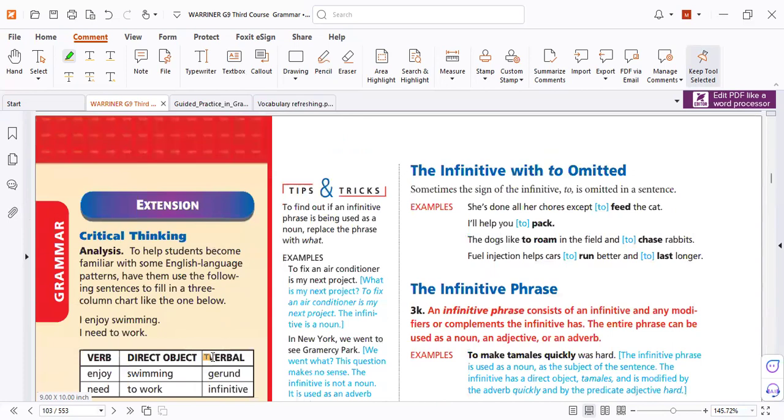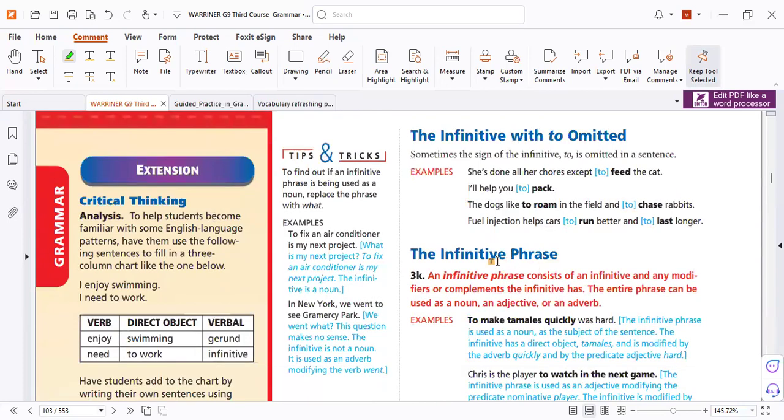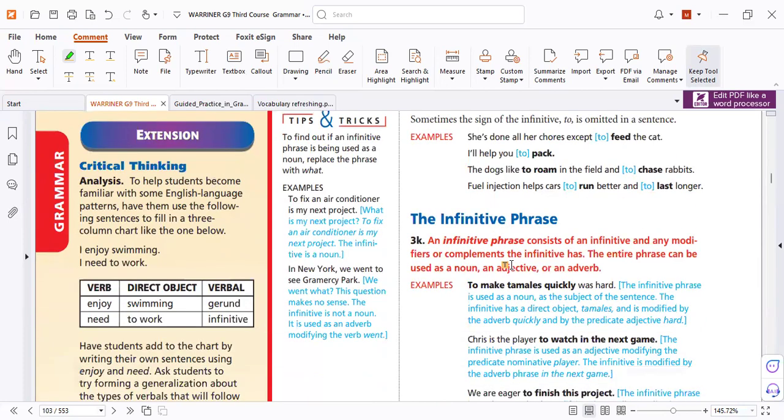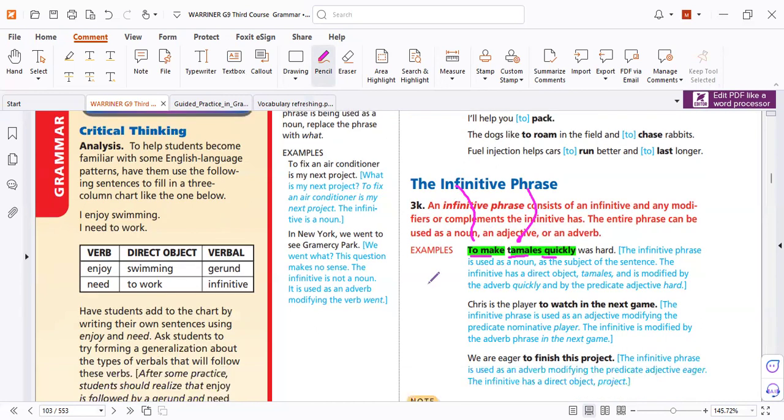How about the infinitive phrase? So it is infinitive and then some phrase. That's it. Infinitive, to make, and the phrase. So the phrase is a group of words, yes? That's it. So what is the beginning? As with any phrase, the beginning is infinitive, so we call it infinitive phrase. That's why, my dear friend.